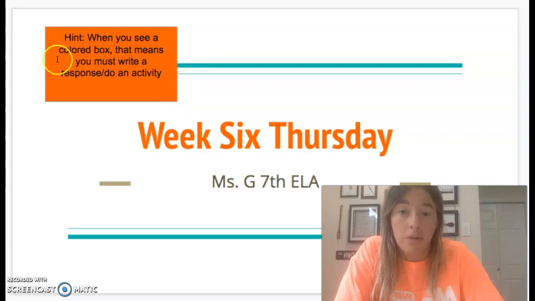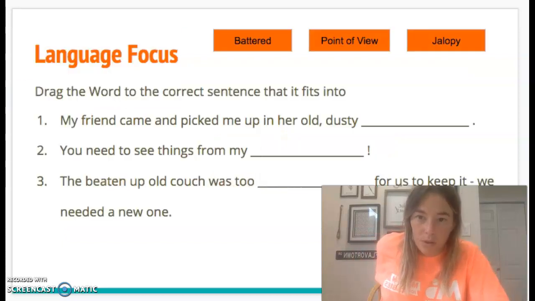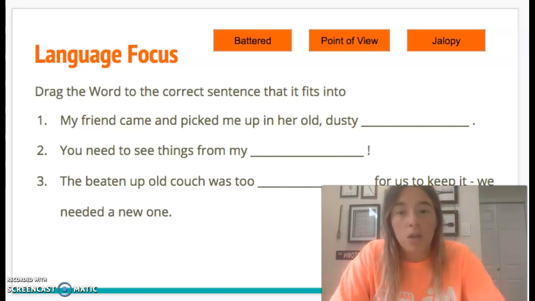So, big hint, whenever you see a colored box, that means you're going to complete an activity or write a response. For the first thing, you're going to do language focus. The three words that we've been talking about this week, you are going to put them into the correct